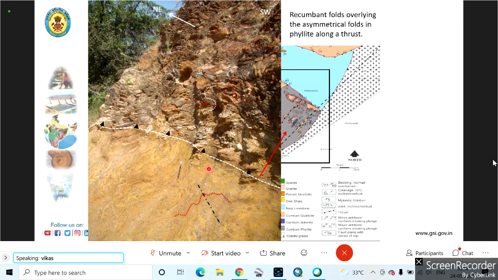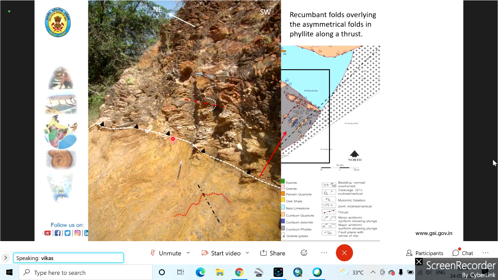Similarly, in one of the parts, you can notice the upper part of the rocks and the lower part of the rocks. They are roughly similar, but they are different actually. The lower part is more like a shaly part. The upper part is more like a shale plus quartzite type of lithology. If you do not see the structure clearly, you may interpret it to be a different lithology than the lower and the upper. But basically, what is that? It's all a phyllitic package. The upper part is more of quartz phyllite. The lower part is more phyllitic, which has somehow been weathered more.